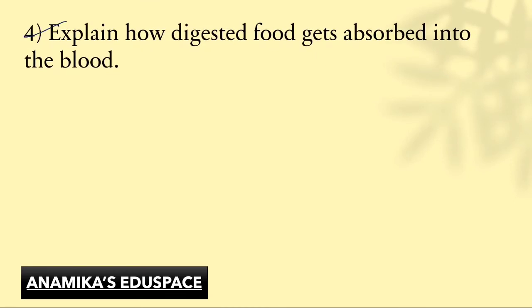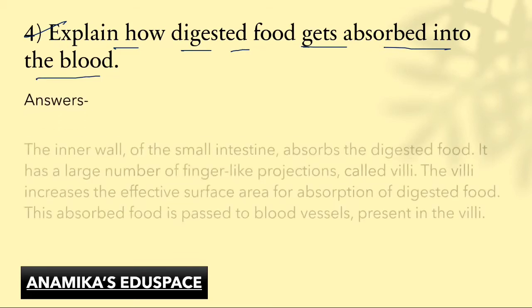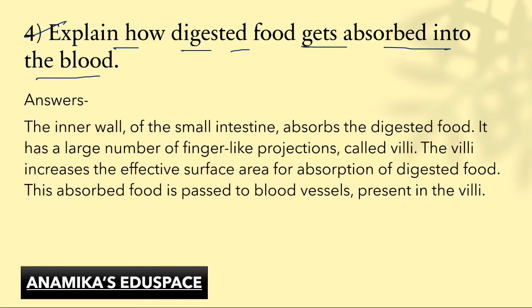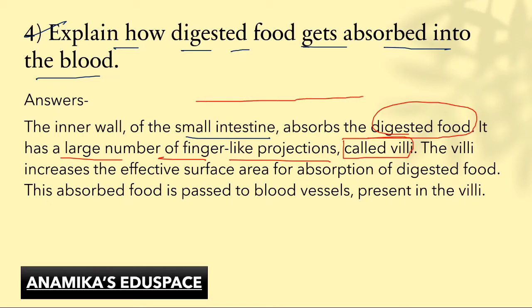Question number 4. Explain how digested food gets absorbed into the blood. Answer. The inner wall of the small intestine absorbs the digested food. It has a large number of finger-like projections which are called villi. So if this is the surface of the small intestine, then the villi are present like this. It is almost looking like a finger, right? So these are known as the